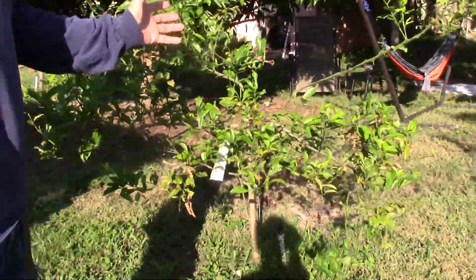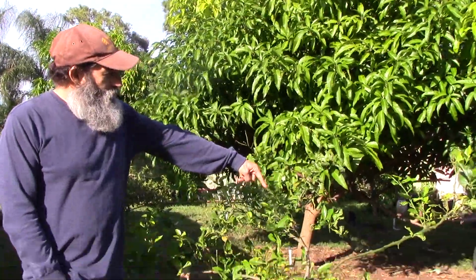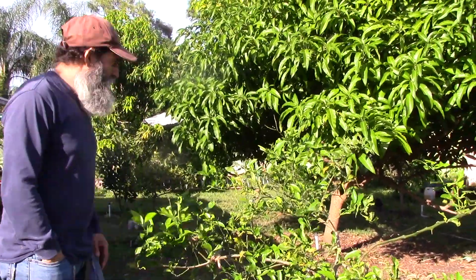Okay. This is a lemon tree, another lemon tree. I had a nice spot here. I had a papaya tree here, but I took the papaya out, and I put the lemon here. And I have gotten a few lemons on this tree. And then,